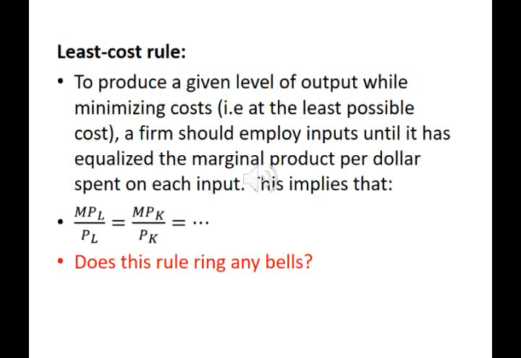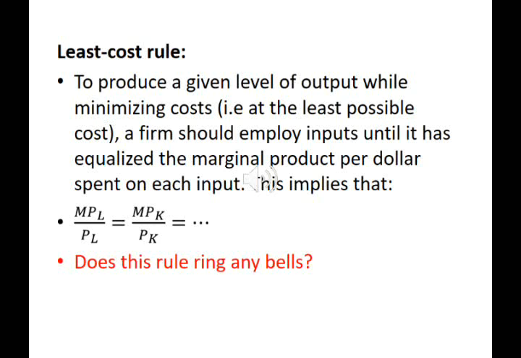Does this rule ring any bells for you? MPL over PL equal MPK over PK equal and so on? Yes, definitely this rule rings some bells for you, or at least I hope so. This rule is actually analogous to what consumers do when trying to maximize utility. If you remember our consumer theory, in that theory we saw that a consumer who wanted to maximize utility had to purchase goods until the marginal utility per dollar spent on each good, which is marginal utility of good X, for example, divided by the price of good X, was equalized for all goods. So this was the rule for utility maximization in the consumer theory, and this is the rule for cost minimization